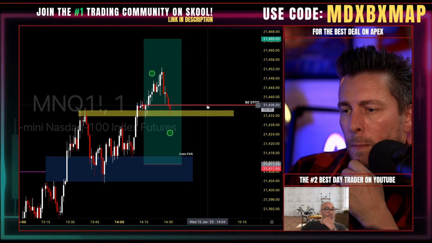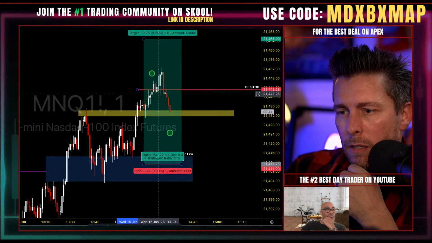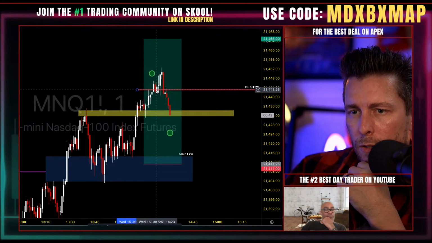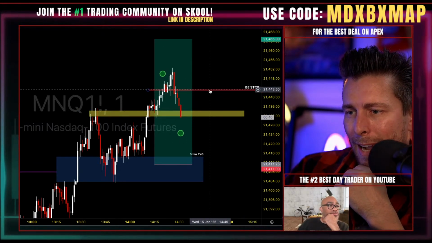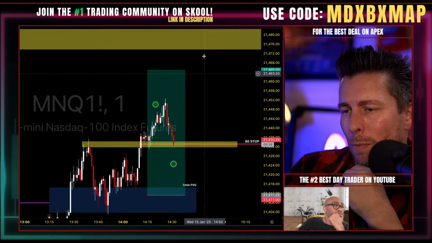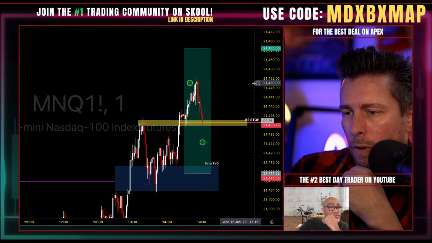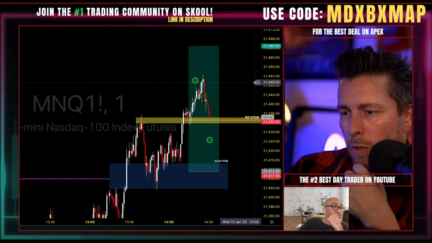much up. You could have pressed this a little bit higher into this tiny consolidation range on a 1 minute. I was giving it a little bit more room, hoping that maybe we would jump up to that 4-hour fair value gap above us, but it didn't really play out.